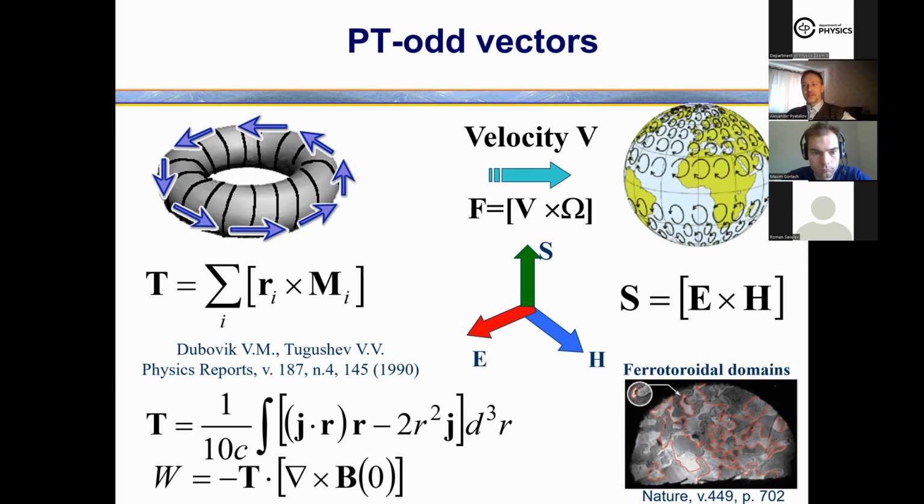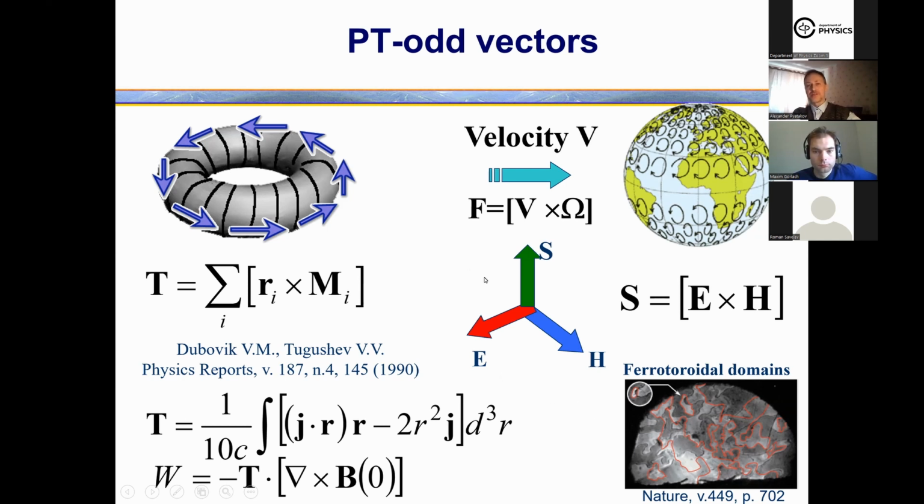That means that it can directly couple to the toroidal vector, so they can form some kind of invariant and some kind of contribution to the energy, and that means there should be special magneto-optical effect that reacts on the direction of the toroidal moment, and it can be intensity changes, some kind of dichroism, and in that way, these toroidal